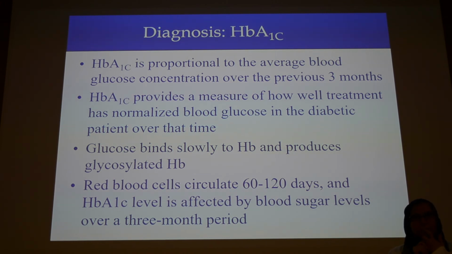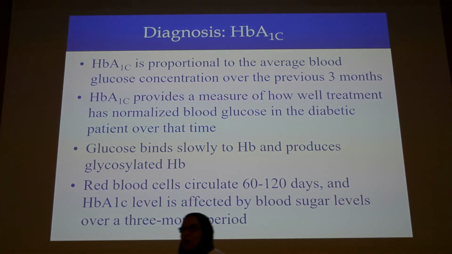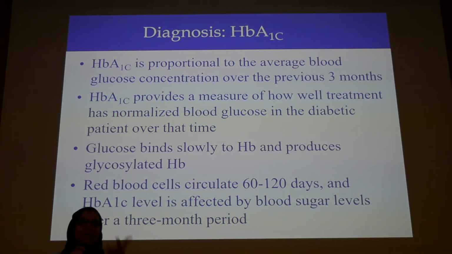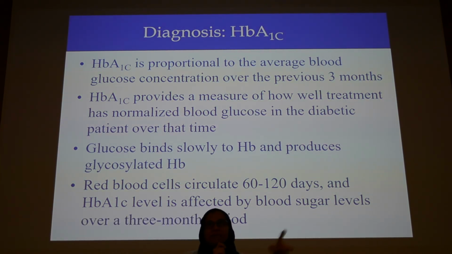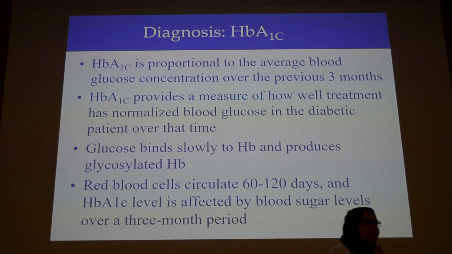It takes a while to produce it. It's the lifespan of the red blood cells, right? And the red blood cells have the hemoglobin in them. And this hemoglobin is sitting there for the last 3 months being exposed to the sugar. So when you measure the HbA1c, it's giving you an idea about the blood sugar over a period of 2 to 3 months, because of the lifespan of the red blood cells. So the red blood cells sitting there in the blood with their hemoglobin will start binding to the sugar, forming the HbA1c. Clear?